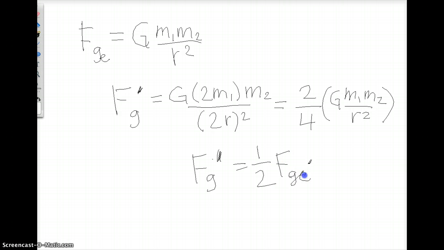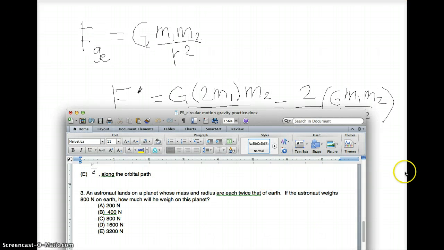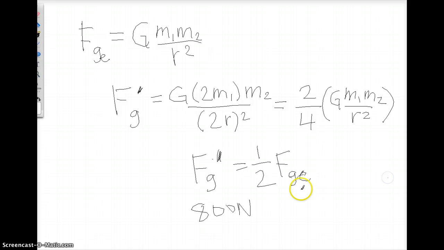Now they're telling us that this astronaut weighed 800 newtons on planet Earth. That's the force, and remember, weight is the force that gravity has on you. It's the force that you put on the scale on the ground. So on Earth, the man weighed this much. On this new planet, though, it has half the gravitational force of Earth. So if that planet is exerting half the amount of force on this astronaut than he experiences